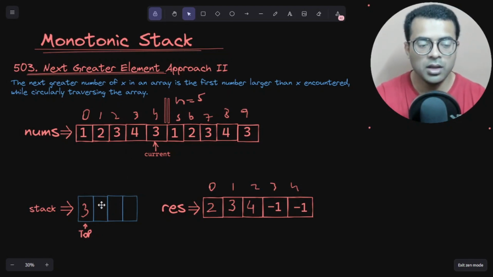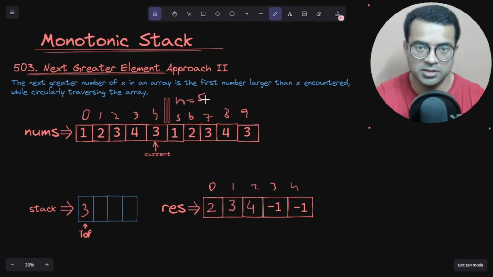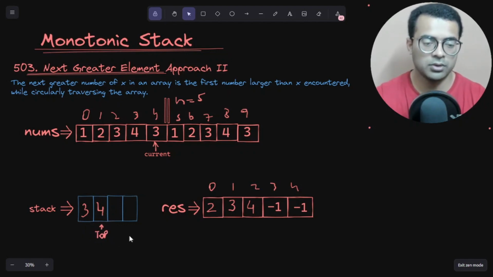So what we will do, we will not pop this 3, rather we will check whether the index of our current pointer, which is 4, is smaller than 5 or not. Yes, it is smaller than 5. So we will update our stack with 4, and now this top will be pointing towards this 4. Okay,